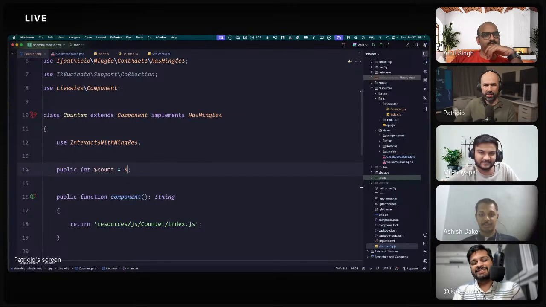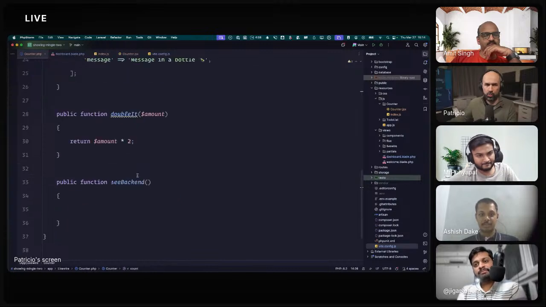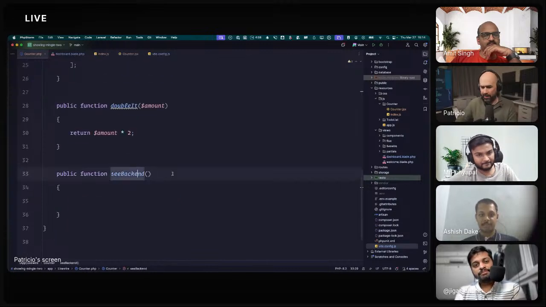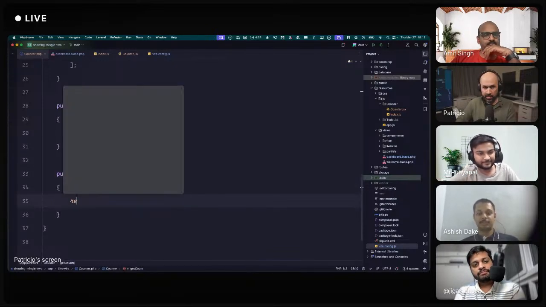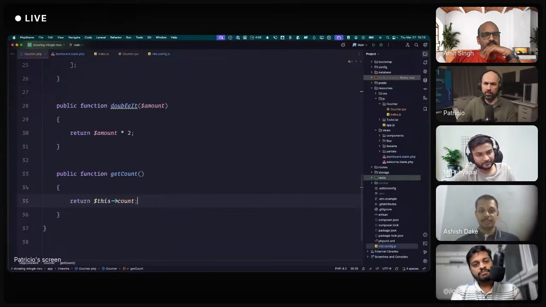So is this okay? Starting account with 3, just as a demo, just not to be 0 like the other one. And I'll do a get count. Is that okay? Yes. Okay. So I'll return this count. Is this okay?